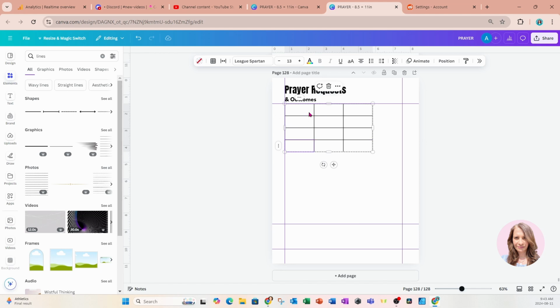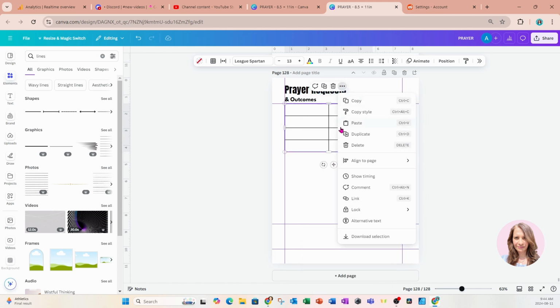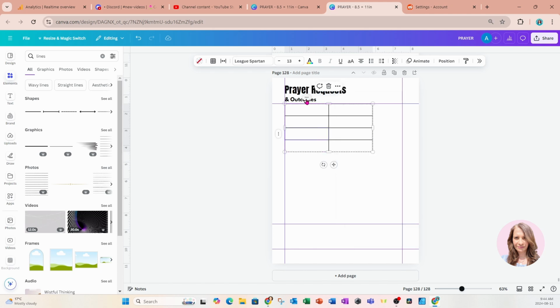So I only need one cell and a repeating row. So I'm just going to get rid of the other columns. So I'll delete, and then I'll delete the other column like that. And I'll make this wider like this, but obviously I'm going to have to reduce the spacing in between. So I'm just going to try and collapse